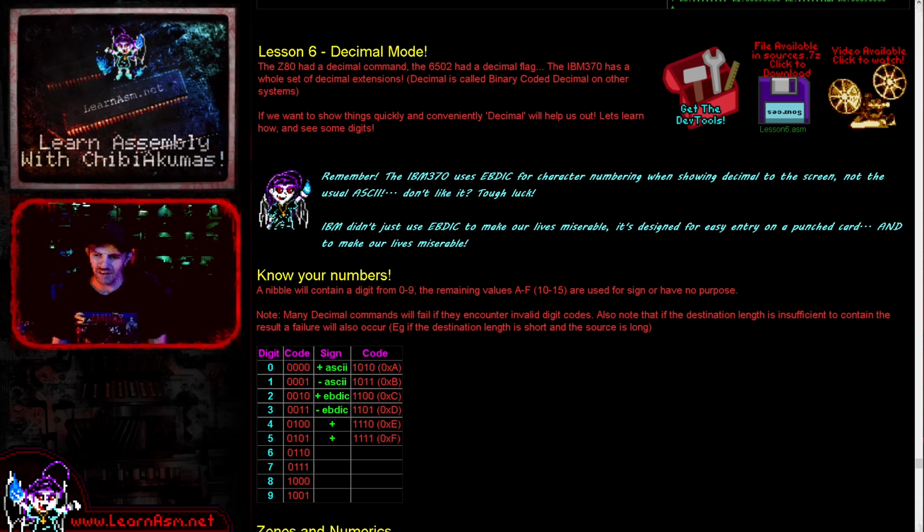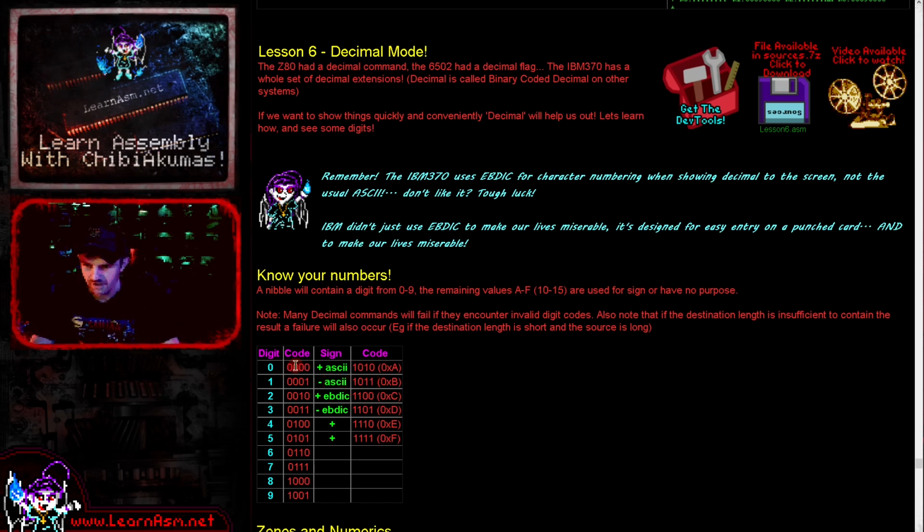Now, we have packed and unpacked binary coded decimal. Packed means that there's a digit in the high and low nibbles of a byte, whereas unpacked just means there's a single digit in each byte. However, the slightly unusual thing, but nothing wrong with it, is that the final nibble within a sequence will actually